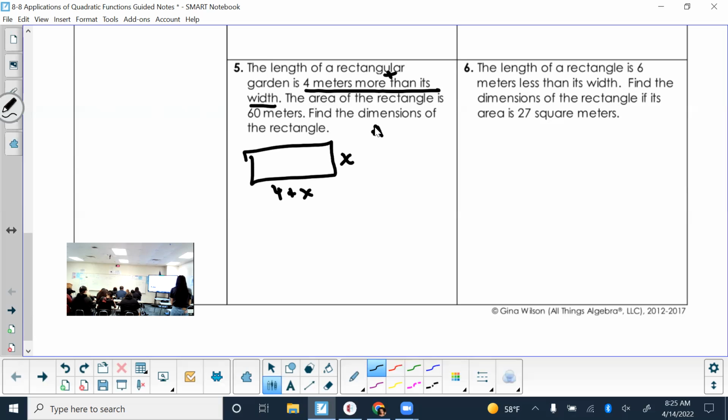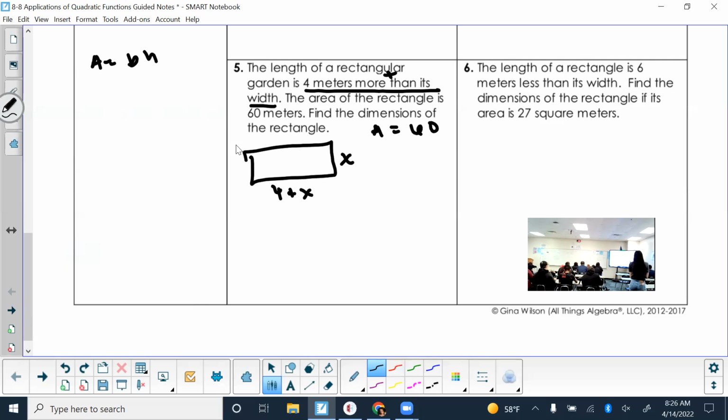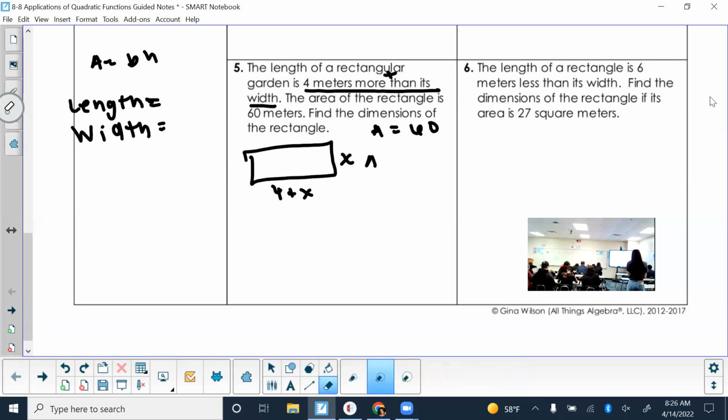And then we're also told that the area is 60 meters. So then plug in both of these into the formula for area so that we can solve for x and then find the dimension. So it wants the length and the width. So in this one, we want the length and the width. All right, so plug it into your formula. We know that the area is 60 on this one,